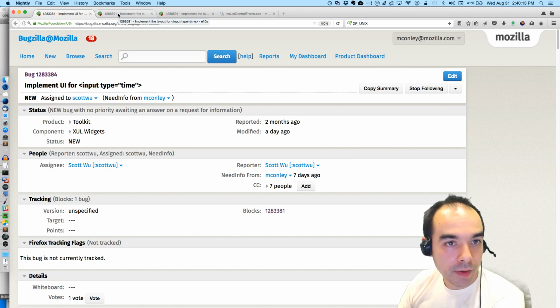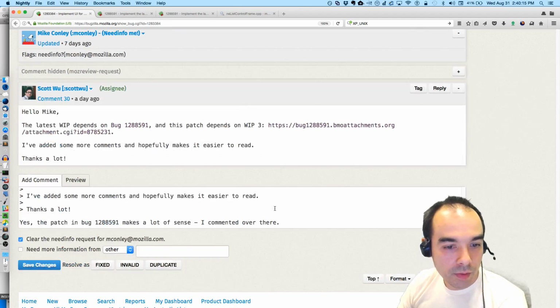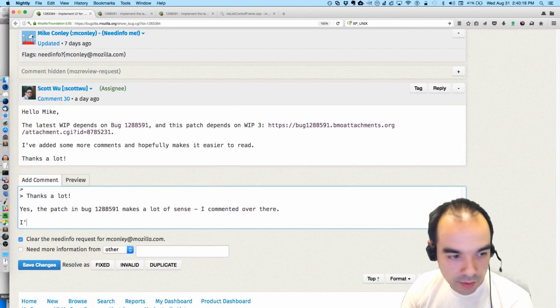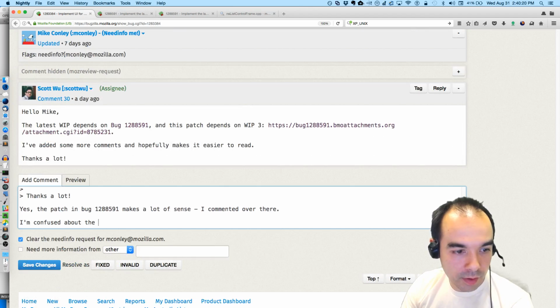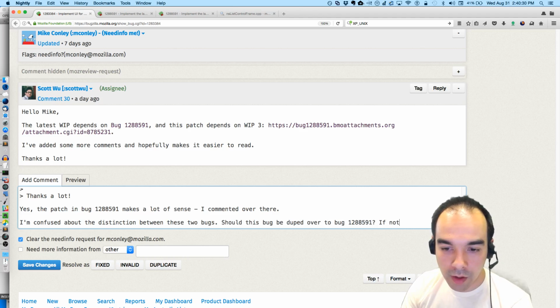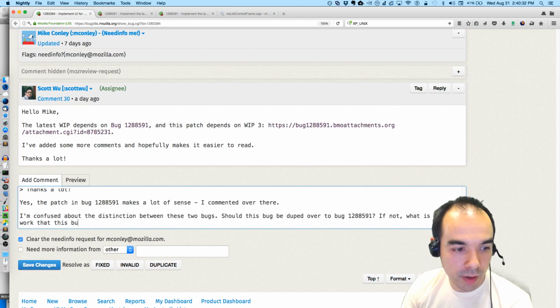Input time, implement the layout. I'm confused about the distinction between these two bugs. Should this bug be duped over to bug 1288591? If not, what is the work that this bug focuses on?